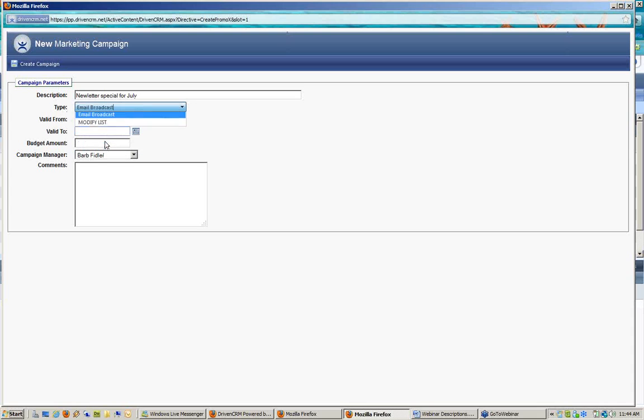I'll pick a type for it. We'll make it an email broadcast type. Since it is going to be used for an email broadcasting type of capability, I do not have to fill in the valid from or the valid to dates. These two fields are only going to be required if this marketing campaign is going to be used for discounting